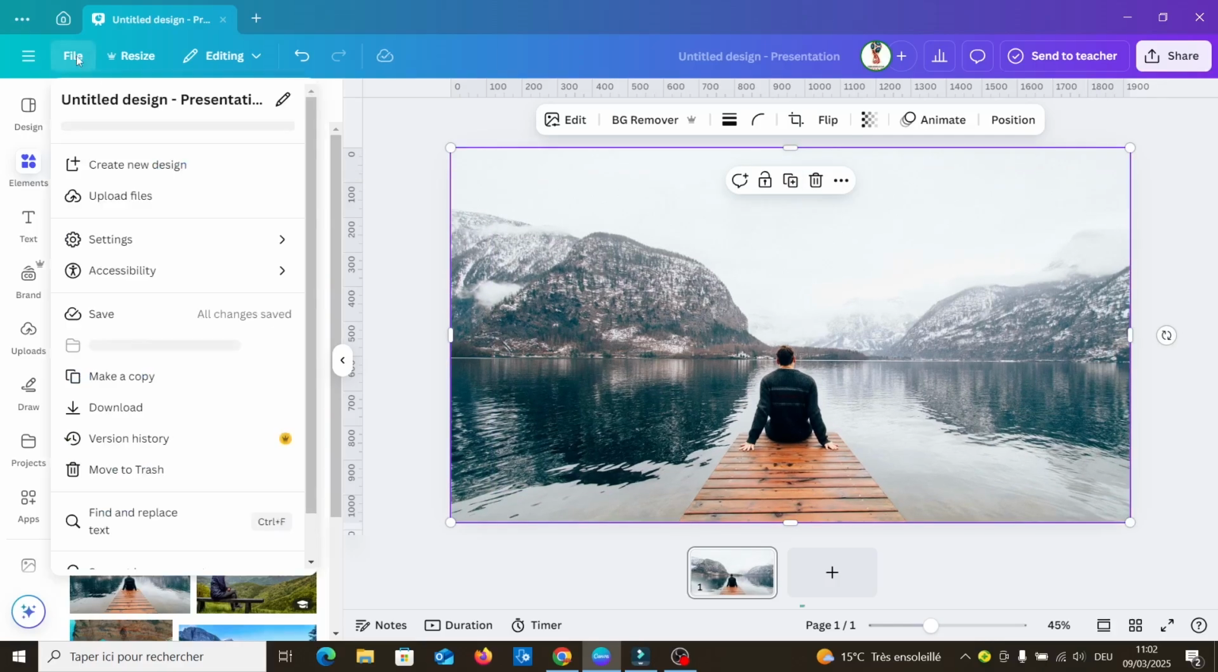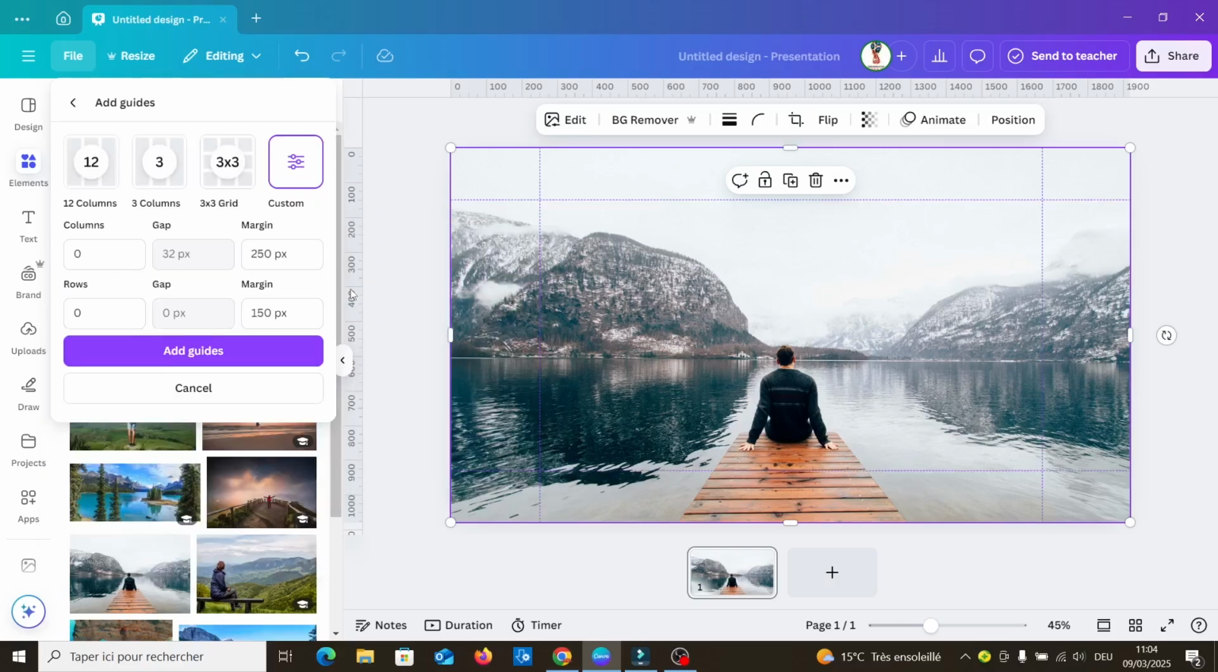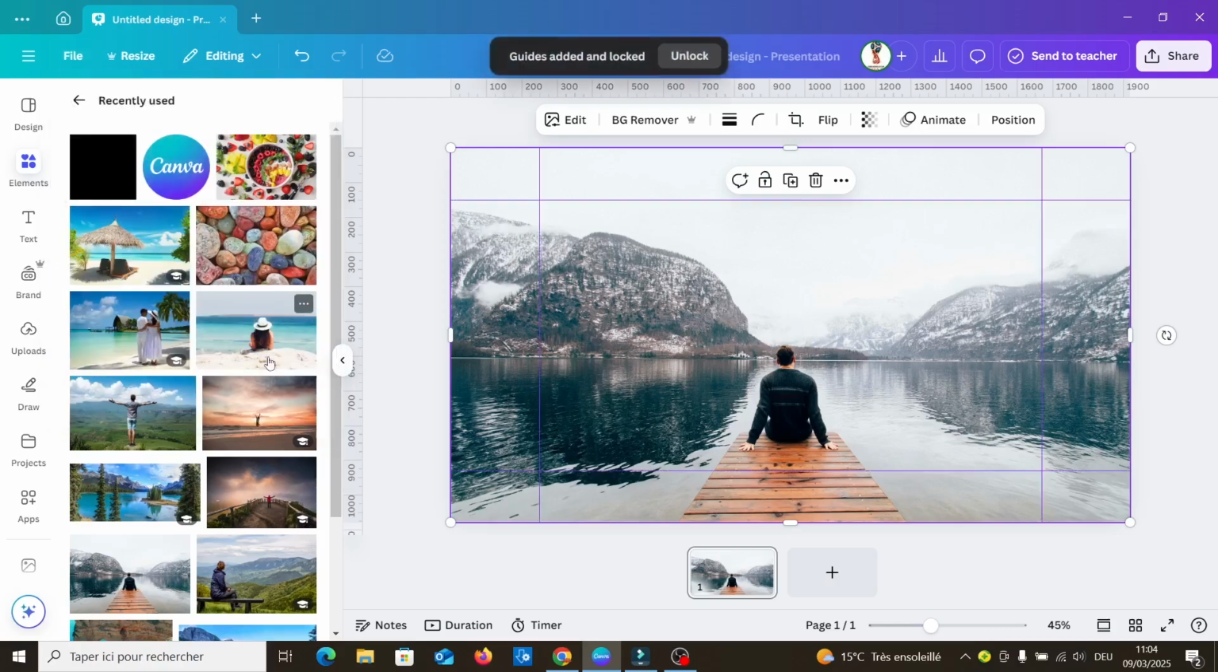Go to file, then settings, then add guides. Choose custom, make 0 here and 250 in margin, then 115 in this margin also, then click on add guide, then duplicate the image,